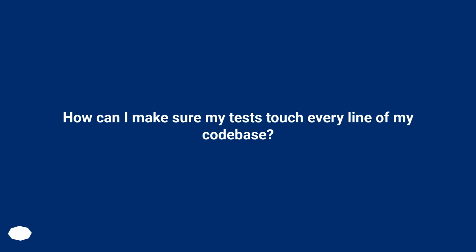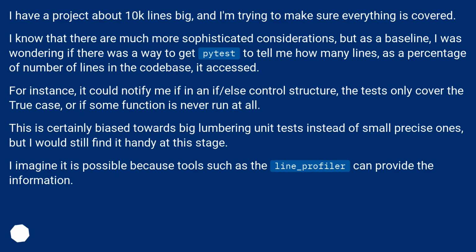How can I make sure my tests touch every line of my code base? I have a project about 10K lines big, and I'm trying to make sure everything is covered. I know that there are much more sophisticated considerations, but as a baseline, I was wondering if there was a way to get pytest to tell me how many lines, as a percentage of number of lines in the codebase,